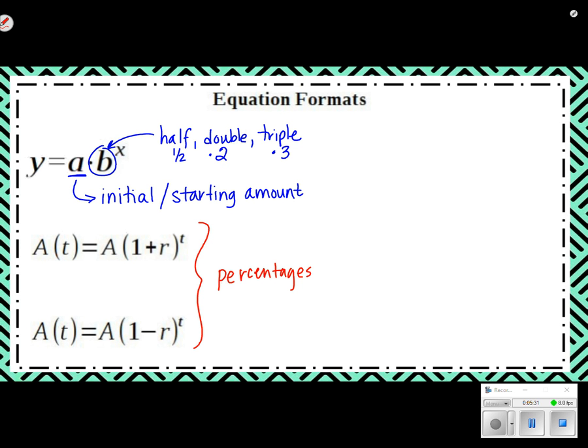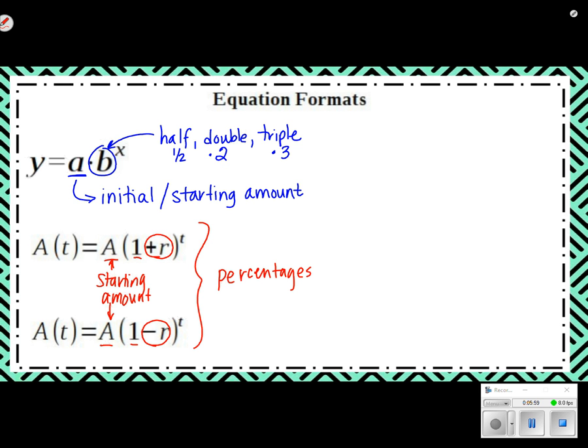Now, if you notice, both of these, this A of t, A just means amount at time t. That's what this A of t is. A is the starting amount. That A in the top and that A in the bottom, they're the same A. Okay? Notice we both have ones, but the difference is here I have a minus r, here I have a